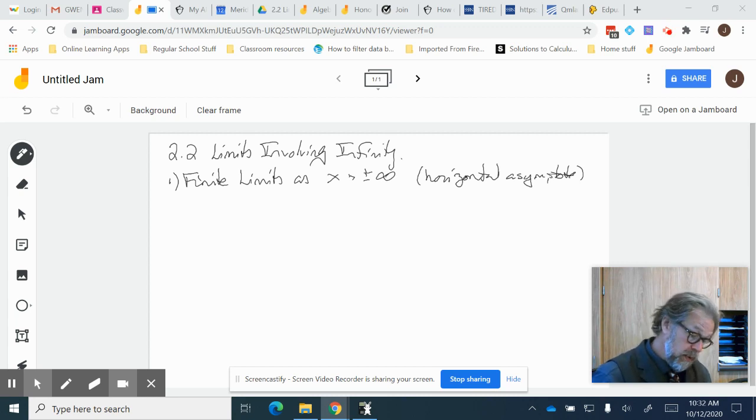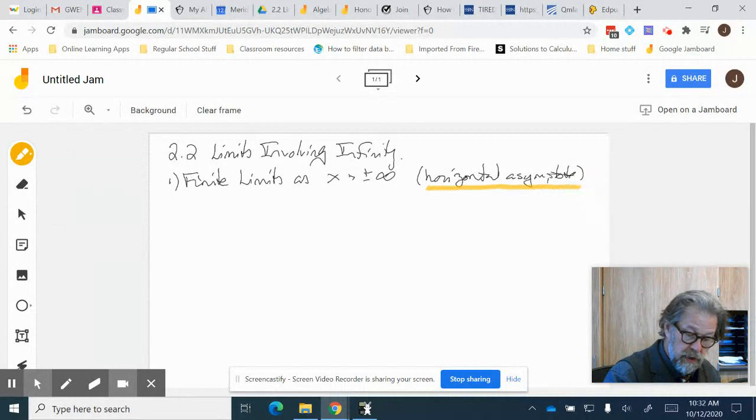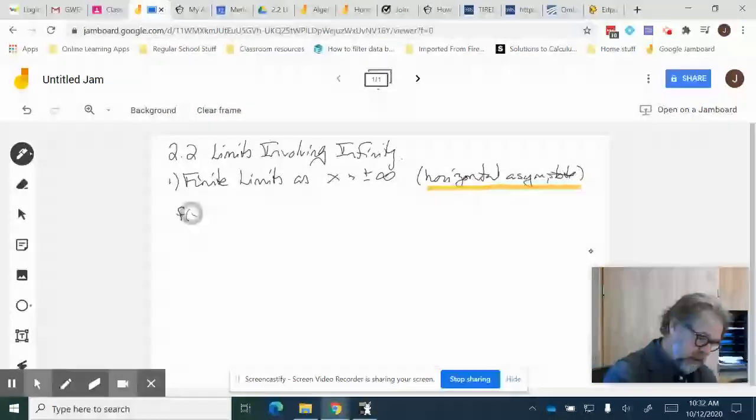All right, guys, welcome to chapter 2, section 2, limits involving infinity. I'm going to break this up into 4 small videos, and the first one basically deals with the concept of horizontal asymptotes. So what we're looking at here is a finite limit as x goes to either plus or minus infinity. So if we look at the function f of x equals 1 over x,